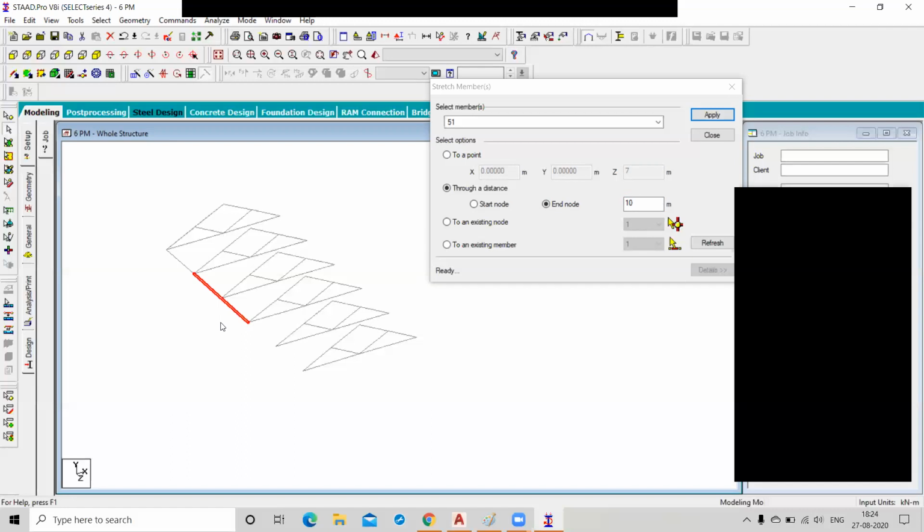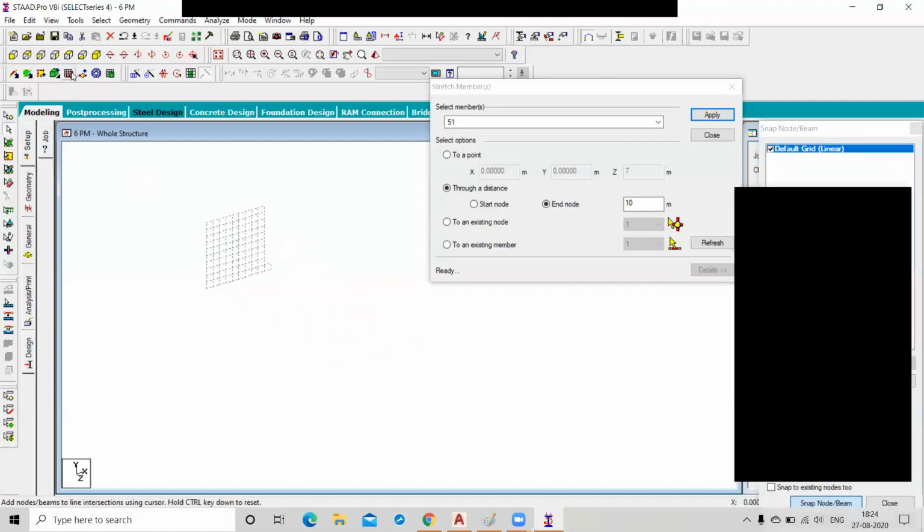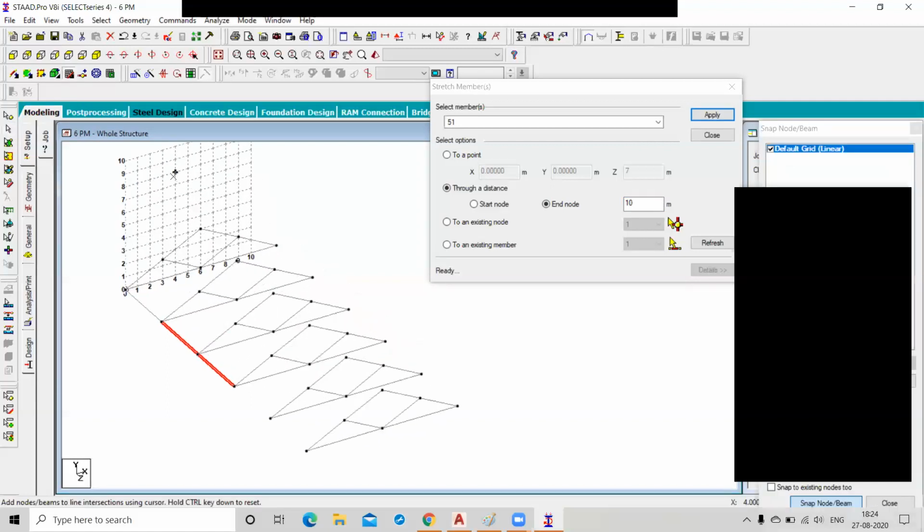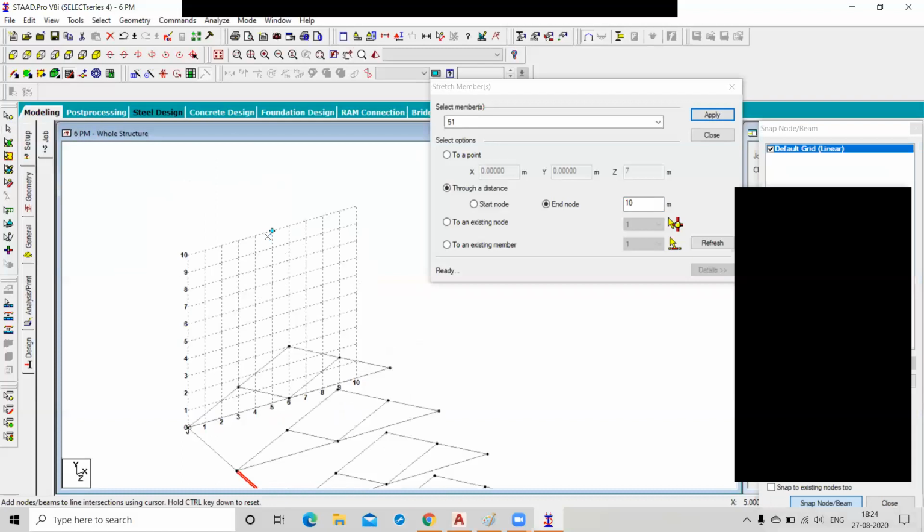You know the difference between connected and intersect? No, sir. Okay, I am going to tell you. Activate this cursor and draw a line like this, and this.